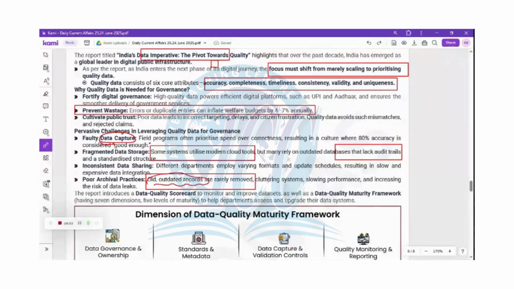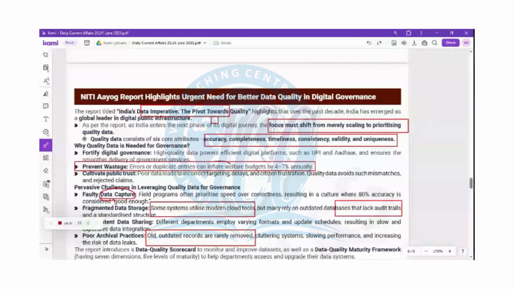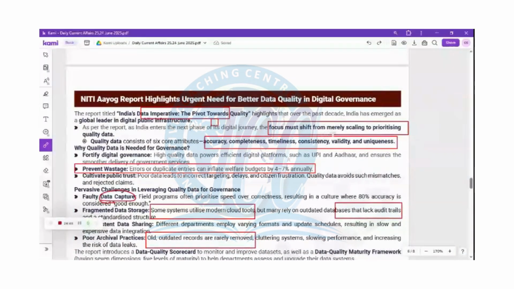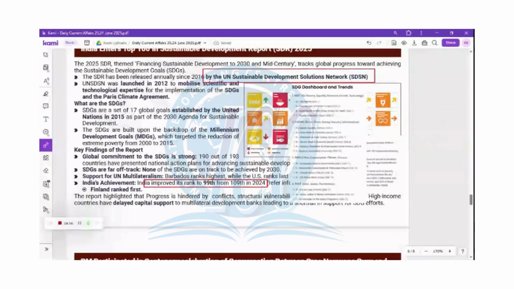Old and outdated data, and the lack of good, accurate data, can affect our welfare budgets. For example, what if there are mistakes in the census? What if there are mistakes in Aadhaar? It can result in wastage and leakages. So in order to improve accuracy, completeness, timeliness, consistency, validity, and uniqueness, again, sir, should I learn this by heart? You can make a small acronym and write it, it's a good value addition. These words will not be readily available in the mains examination. So India, rather than focusing on collecting more and more data, should prioritize quality data. Yes, important for better digital governance. All right, we'll be continuing with this one in the